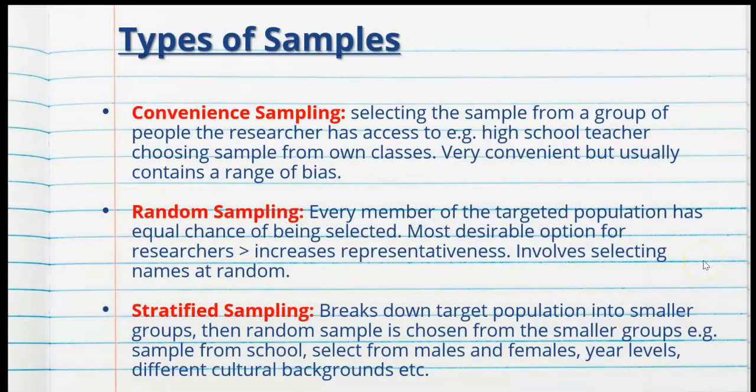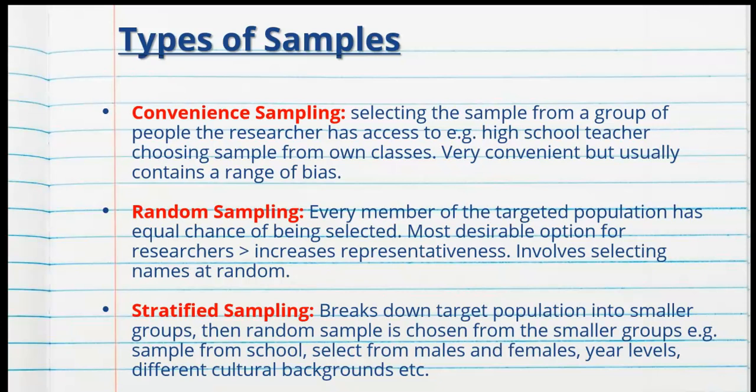Now, there are different types of samples that we need to talk about at Year 12 level. So there is convenience sampling. So selecting the sample from a group of people the researcher has access to. So for example, very common, obviously, a high school teacher choosing a sample from their own classes. It's very convenient because the participants are just there, but usually contains a range of bias. So yes, we can get samples through convenience, but usually there's issues in terms of the representativeness and obviously bias as well because of age and